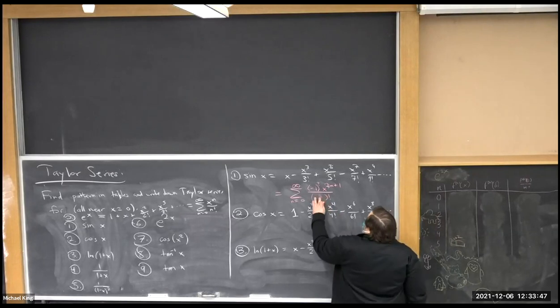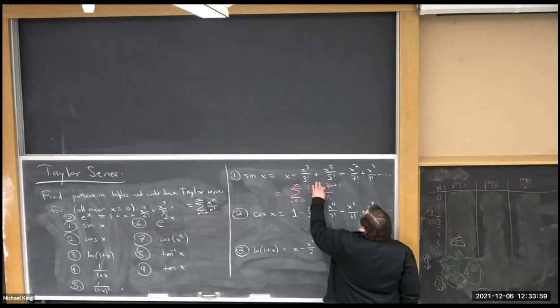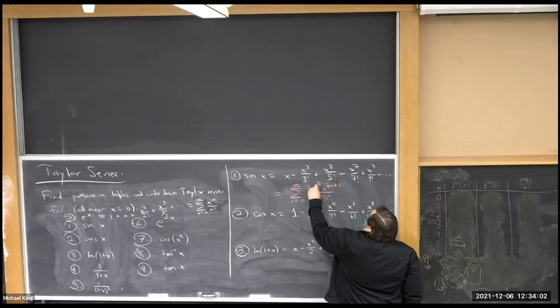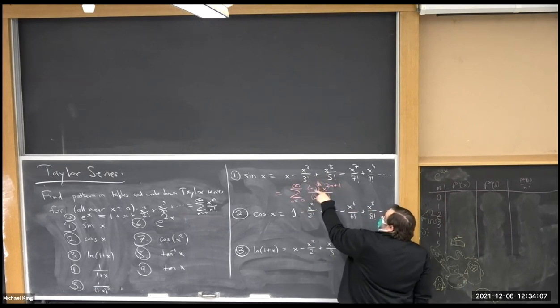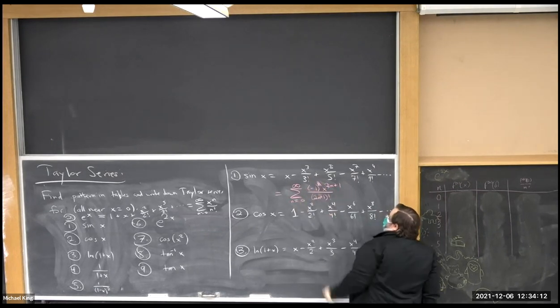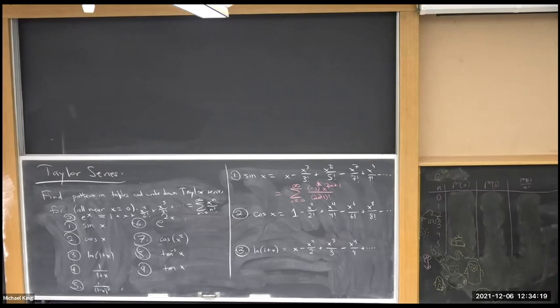And then the denominator is the same as the exponent, right? So it's x to the 2n plus 1 over 2n plus 1 factorial. But there's a -1, and it turns out this is just supposed to alternate plus, minus, plus, minus. So n just works here, because when you plug in 0, you get -1 to the 0, which is 1. When you plug in 1, you get -1 to the 1, which is -1. So that turns out to be this. It looks kind of terrible, but it's really just a way to encode the odd powers and the alternating nature of this. Does that seem